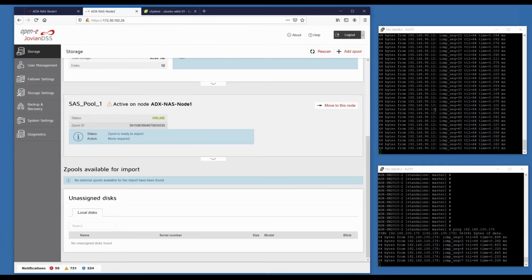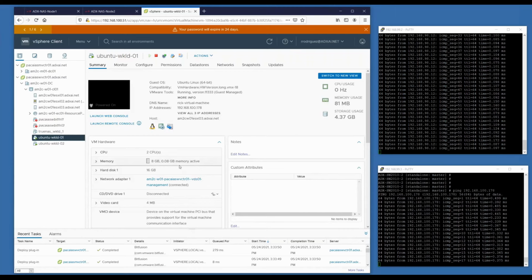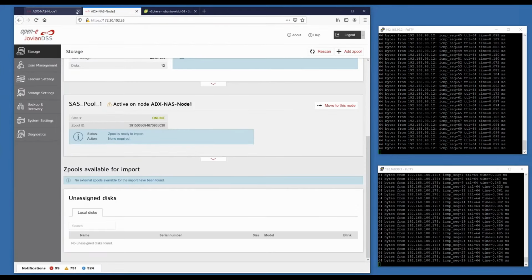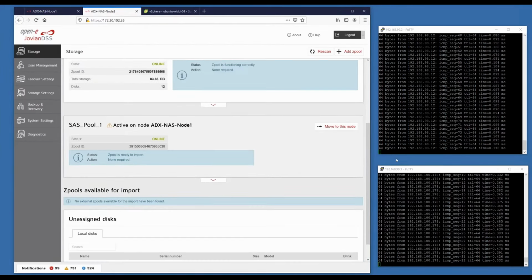So what I've just set up now is 98.12 is the SAS pool. And 100.178 is a live Ubuntu machine in the environment, as you can see right here. Again, no sleight of hand. This is a machine on our workload cluster, which is backed by Jovian, and that's the IP address right there. 100.178, got it. Let me go ahead and grab the storage.